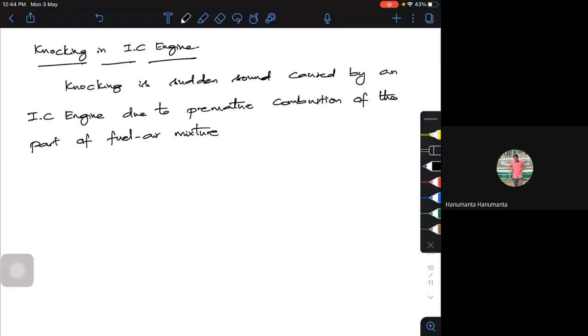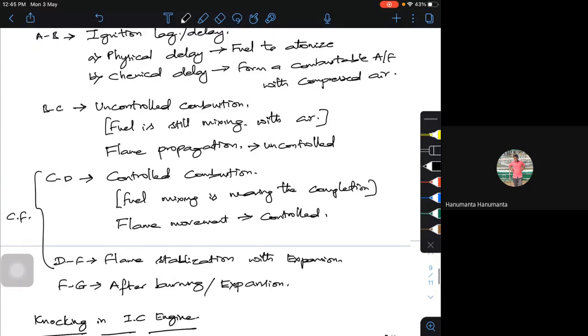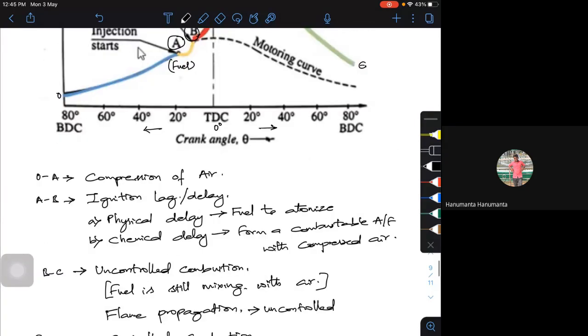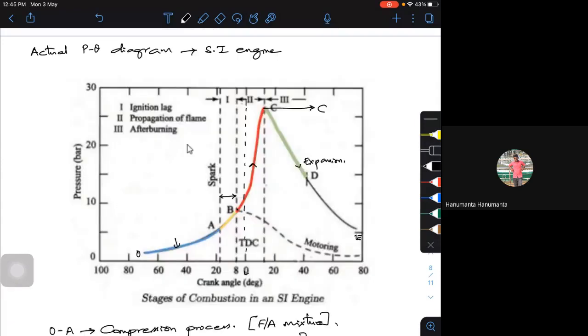In the engine. Okay. So if an engine properly functions, the charge burns with flame. What will happen if I come back to this particular SI engine? If the 0 to A compression, A to B there's a spark ignition, and B to C is the flame propagation. If the charge burns properly in this flame propagation, that means it is progressing smoothly from the point of ignition, point B, to C. That means it's a smooth combustion.